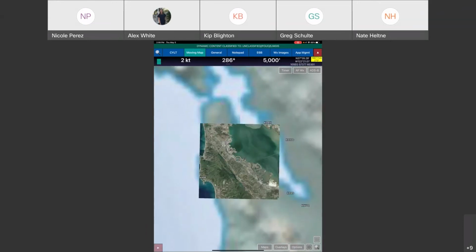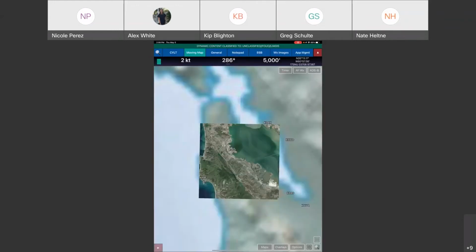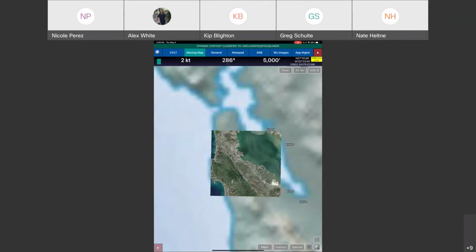Keep in mind, if you set your radius higher and the resolution higher, it might take a little bit more to download, but you'll see it with a progress bar here. And one thing just to jump in and point out is, as Nicole was selecting the radius and the resolution, it was also giving approximate sizes just so that you could see if it was going to be a huge file or a smaller file. Those sizes that Aero App shows are just very approximate, but that's usually close enough to know if it's going to take a long time or not a long time. So just be aware of that. It's really a great tool just to know ahead of time.